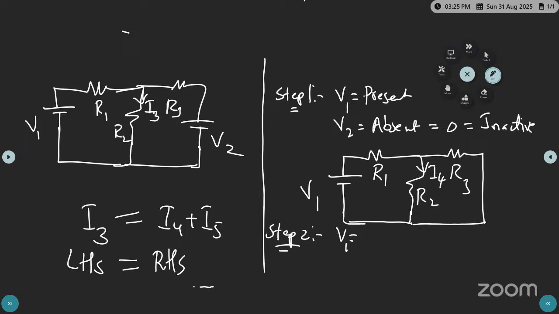V1 is absent. V1 is absent. What about V2? Present. What about V1? 0. So by applying this condition, the circuit will be modified as